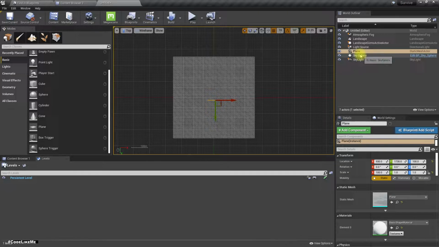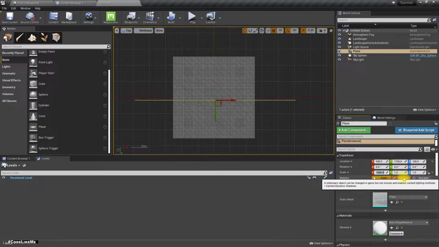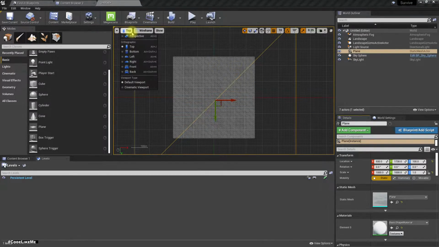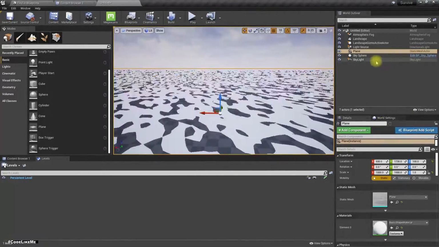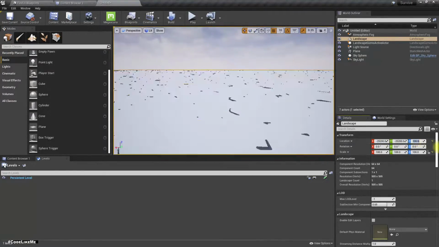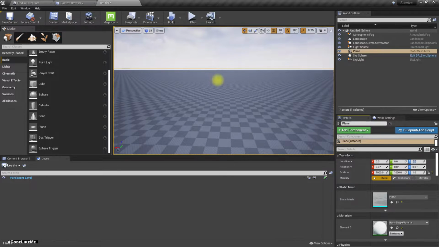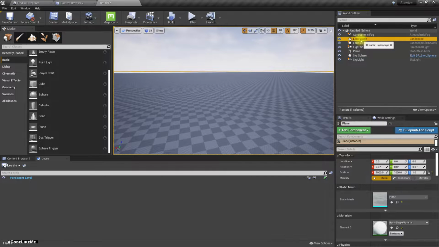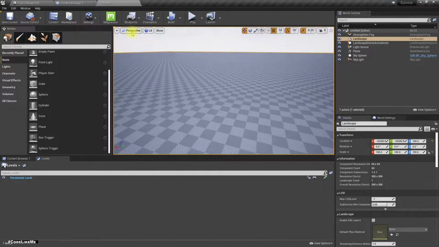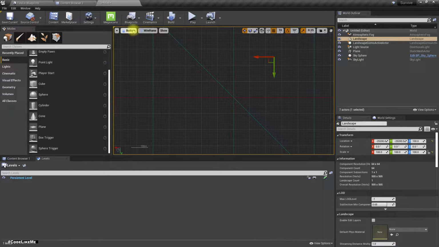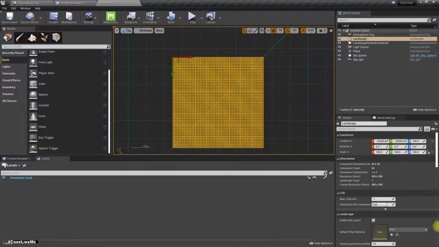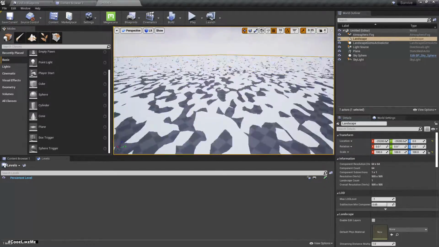So this water plane, let's say 1000. Okay, that would be enough. Right. Okay, so I'll increase the landscape location is okay. Let's put this ocean plane to 0 0 0, and the landscape also, let's look at this in the top view. Okay, and vertically I'll put in 0. Okay, now